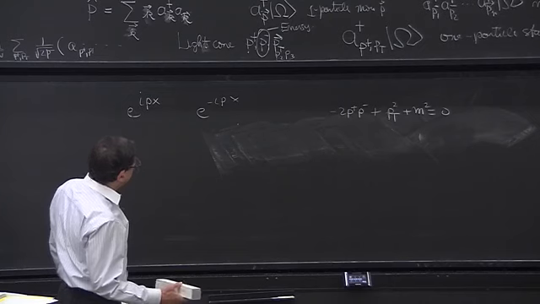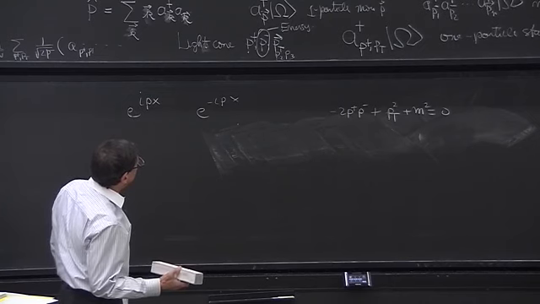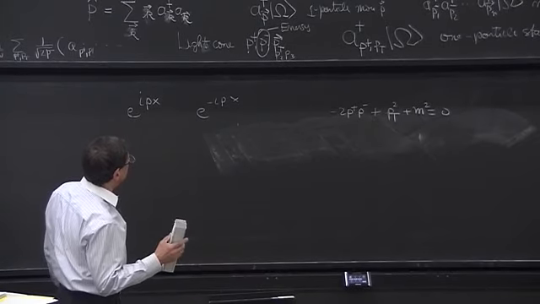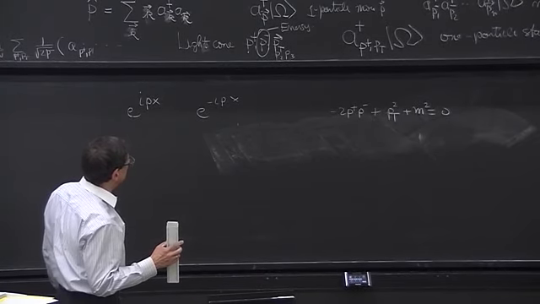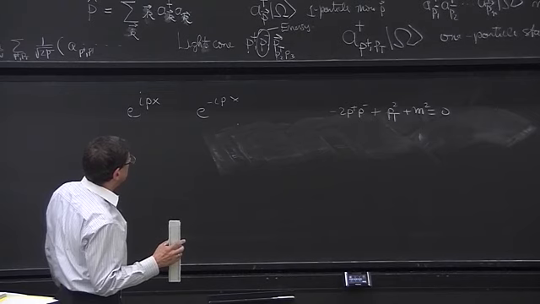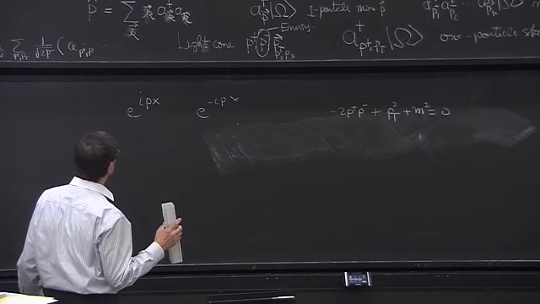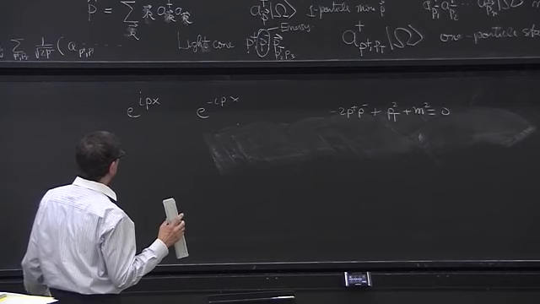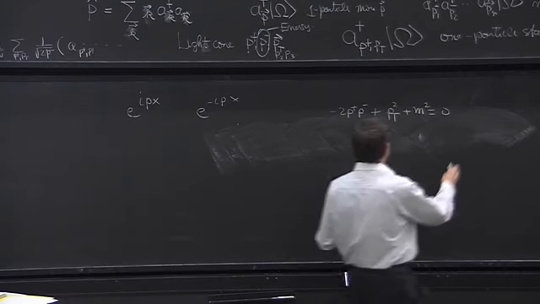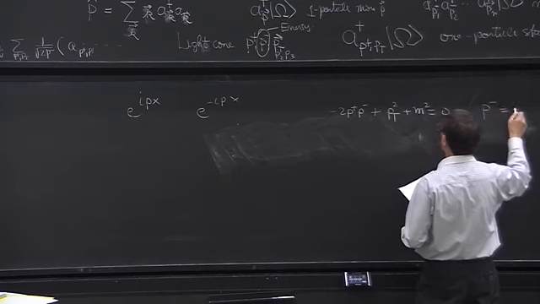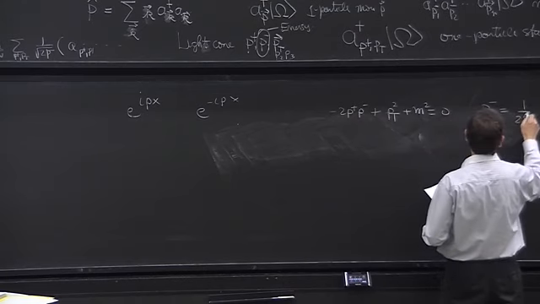Yeah. That's right. So, one second. That's a good question. You're probably right here. Very good question. So, P minus is 1 over 2P plus